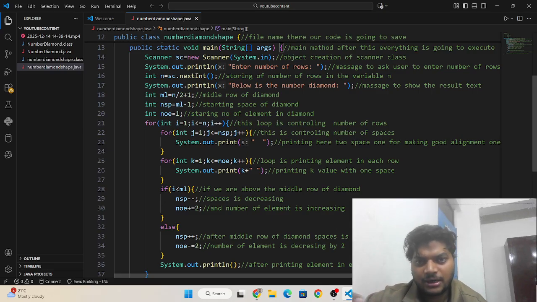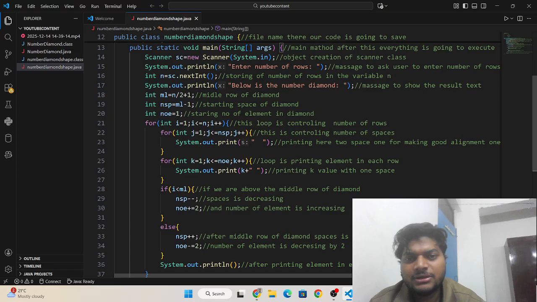Below the middle row, the number of spaces increases and the number of elements decreases. The logic is: spaces decrease by 1, elements increase by 2, and decrease by 2 below the middle row.